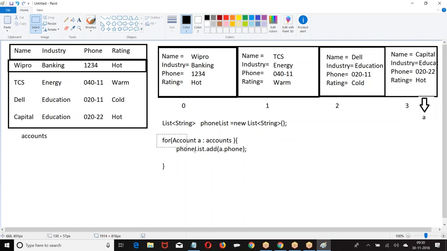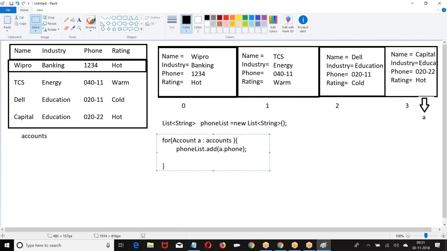Now, take all the accounts whose industry is education and put them in a separate list. We already have a list of accounts.